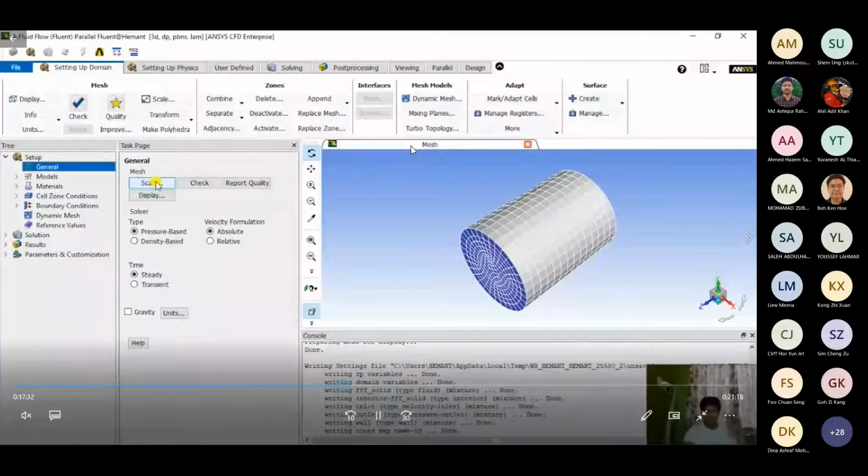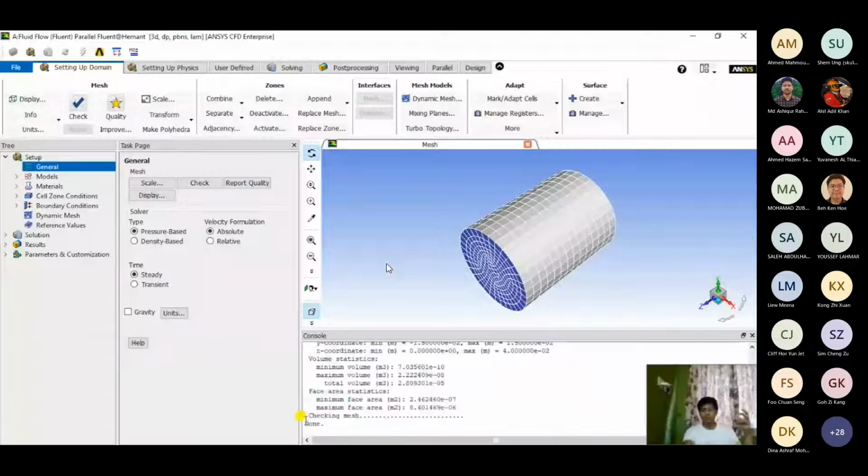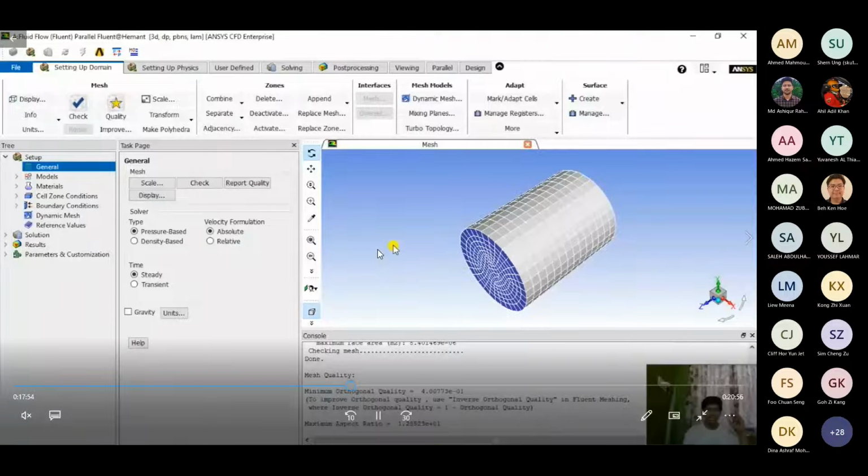But the results tab is specifically dedicated because it has a detailed view and a simplified GUI where you can easily, without having to deal with many processes or many steps, view and work with the contours, streamlines and results in turn. Now, here in the general tab, you would see that you have this mesh option, you have solver option, you have time option, right?